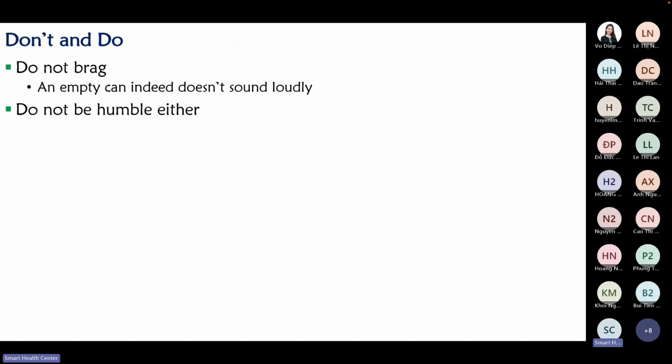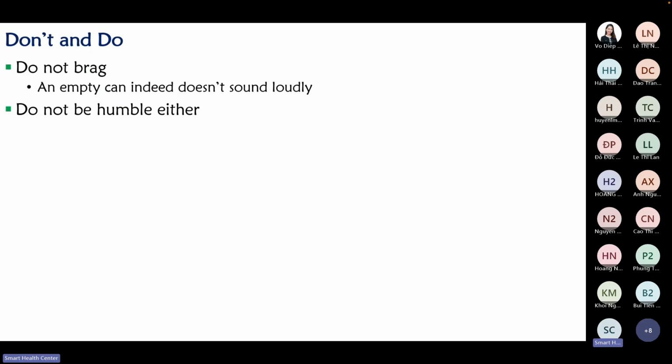All right, so now the introduction. Do not brag about your paper. Right? An empty can doesn't sound loudly. Think thùng rỗng kêu to, right? So you brag, they have expectations, and then they go to the solution and say, oh my God. We have another saying, right? We have thùng rỗng kêu to, but we also have the saying đầu voi đuôi chuột, right? That is exactly what happens if you brag.